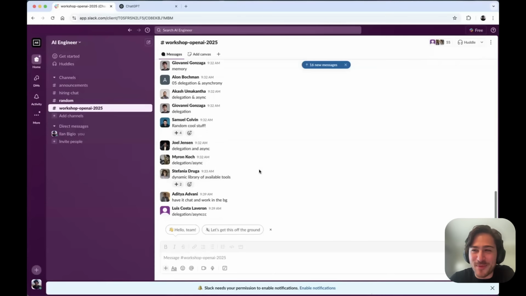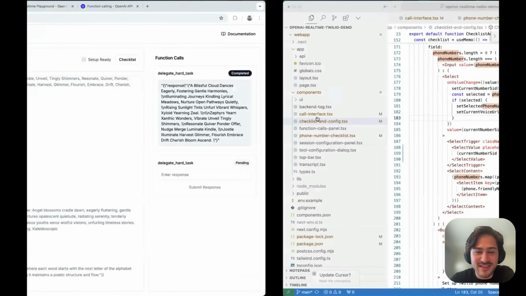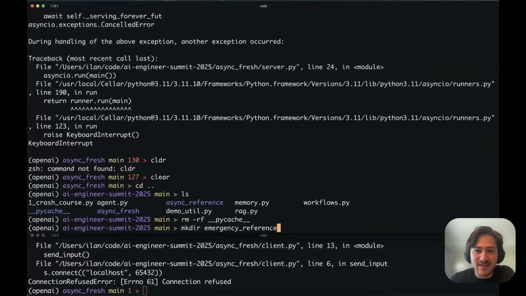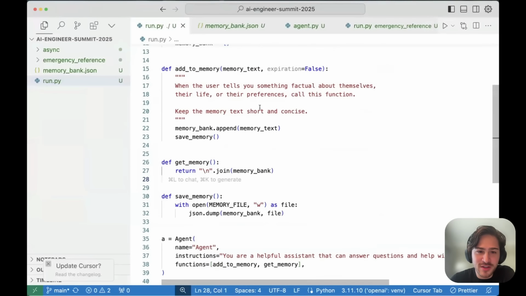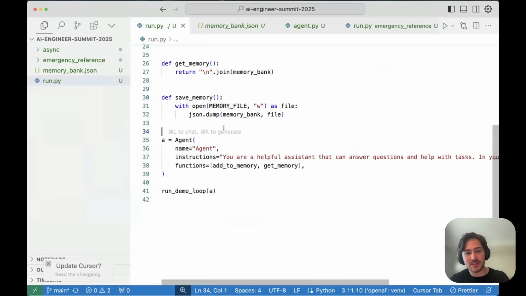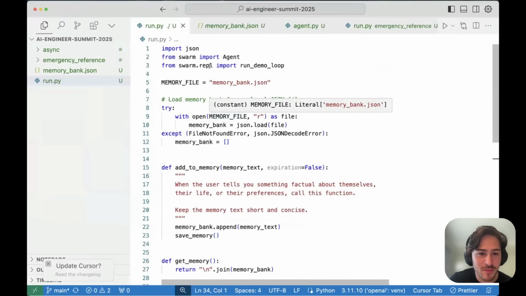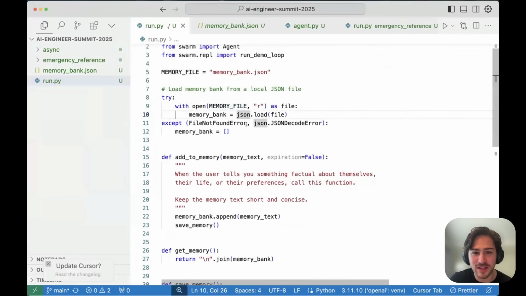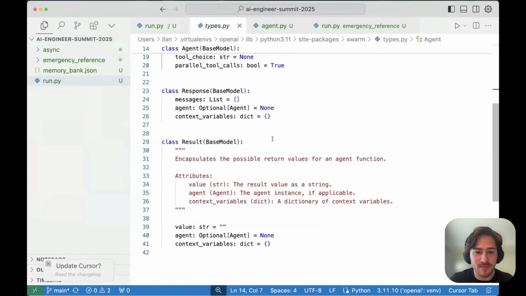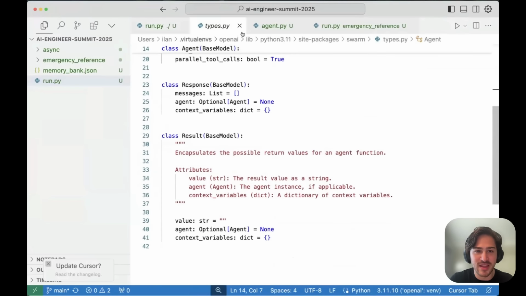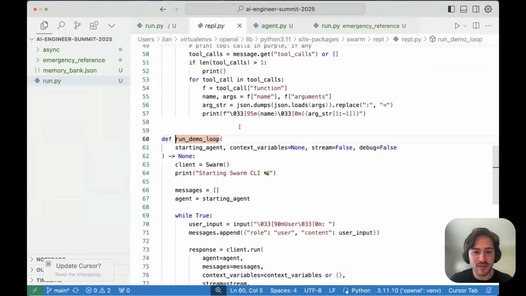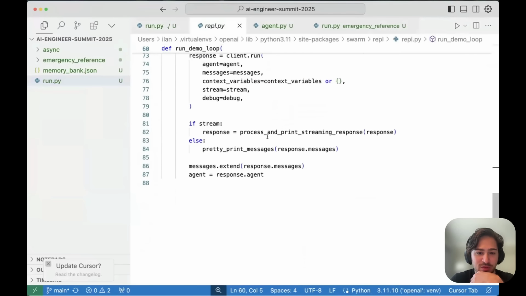I got that working this morning in Python because I didn't want to switch to Node yet. Delegation, async. Okay. Let's get into delegation then. So there's a few different ways we can do this. I'm actually going to leave the memory and we're just going to keep building on this agent. And I am using the Swarm agent just because I didn't want to debug the one that I implemented. But if we actually look at what this is, it is very, very simple. And the run demo loop itself is just printing out messages.